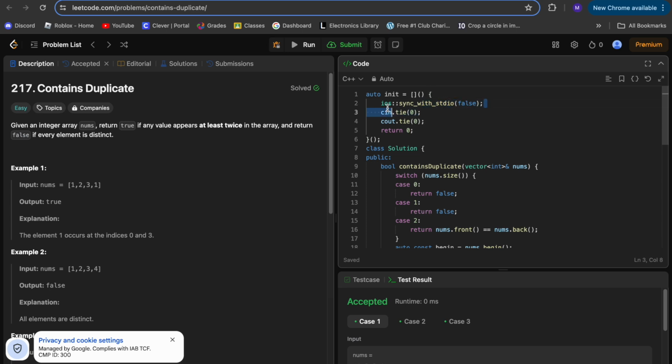So what does this do? C++ is almost an extension of C, and C was before C++, and C++ was built on top of C. So that's what stdio really is: it's syncing with the old C streams. What does that mean? Okay, so what that means is,